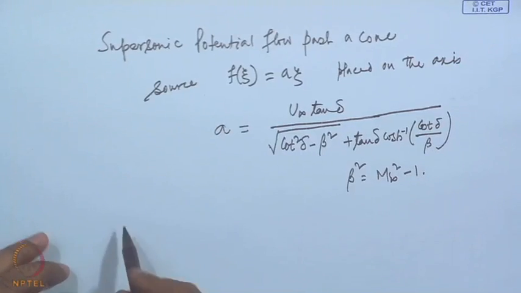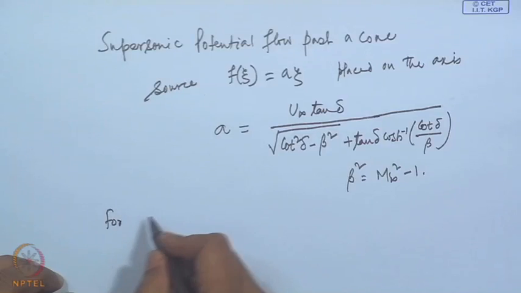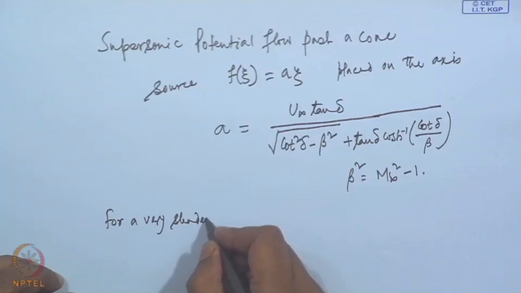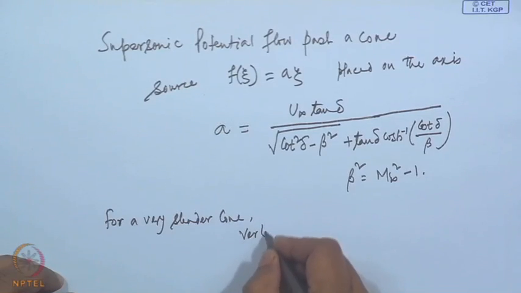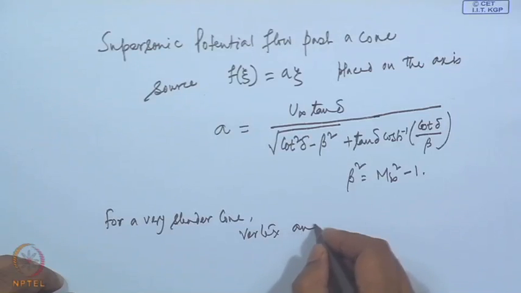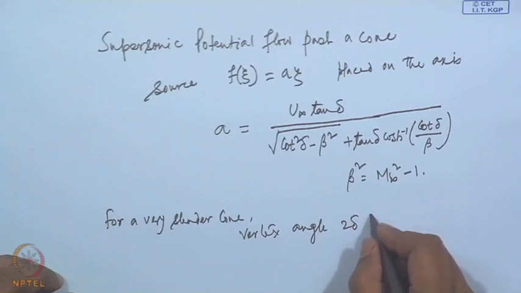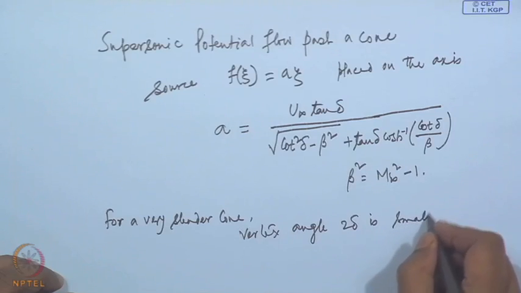So, for a very slender cone, the vertex angle 2 delta is small,